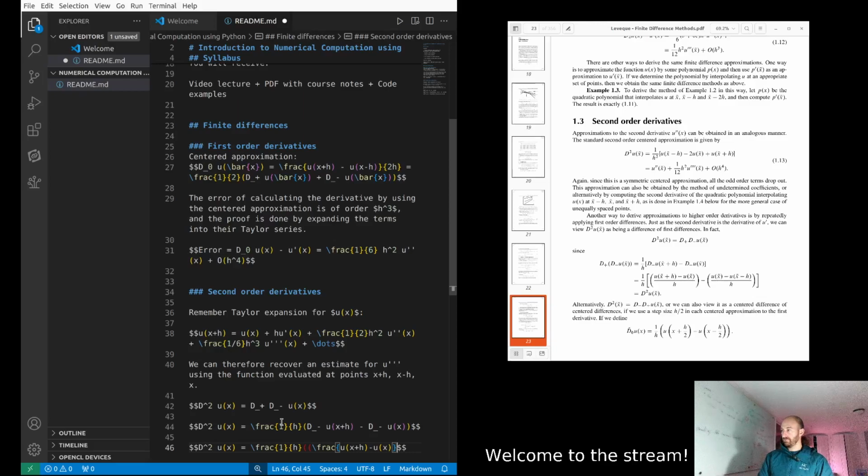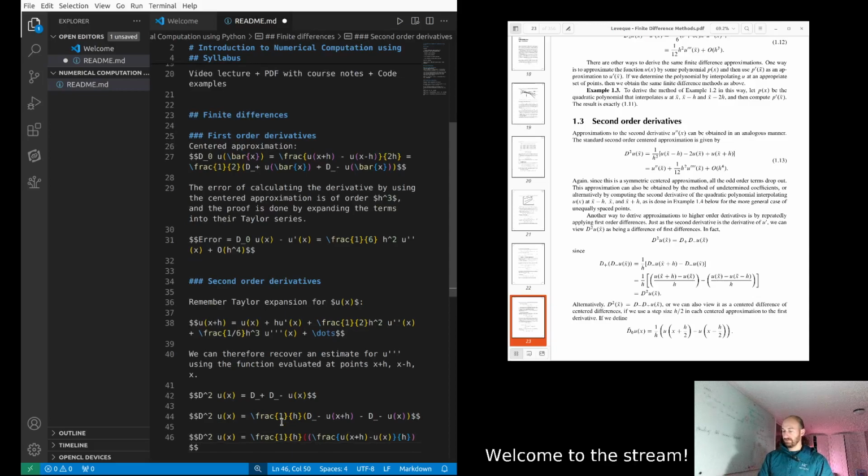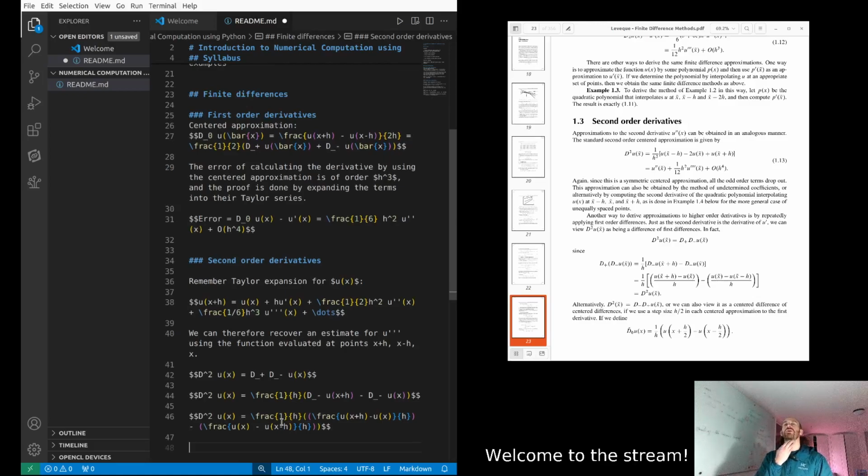That's the value of u at D minus, so D minus is that minus h, so you get that, divided by h, and then we close the parentheses and we say now minus again, big parentheses, and we have D minus of u of x, which is the standard definition, so u of x minus u of x minus h, and then divided by h. We close this parentheses and we close the other parentheses. Now we're set. So this approximation of